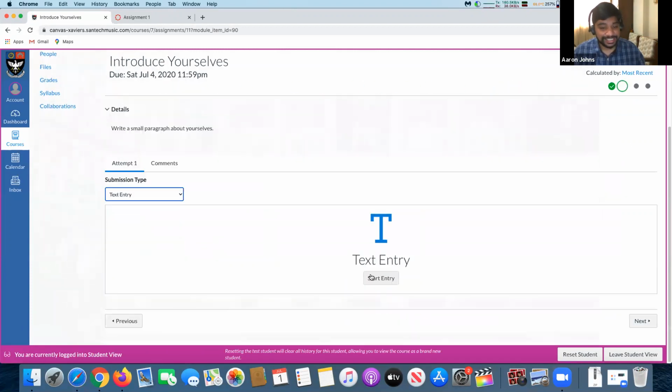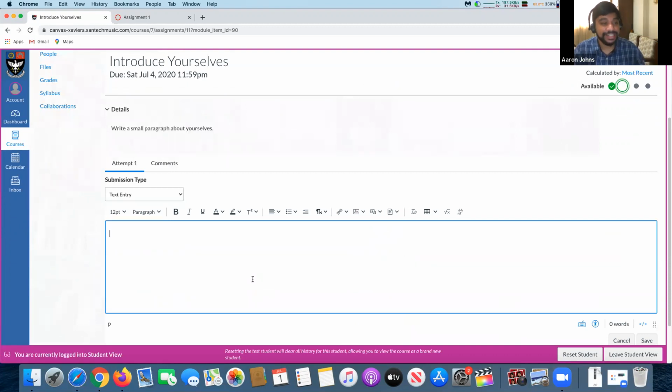So let's say you select text entry, you can actually type your assignment within this system itself. Okay, so this is what it is.